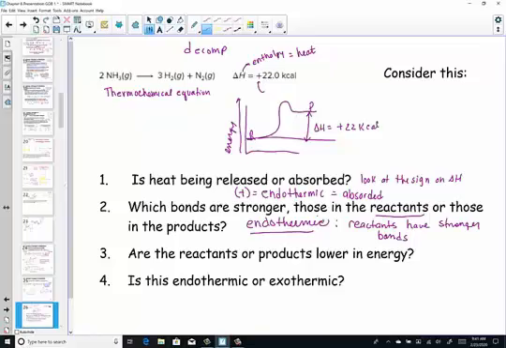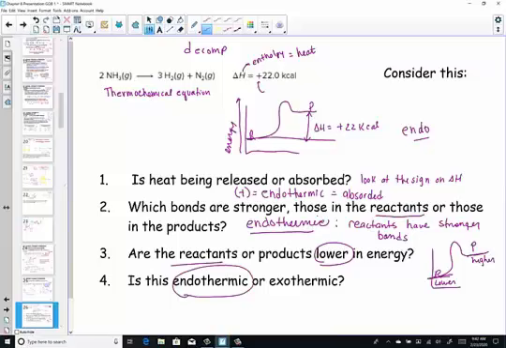So there's your visual of an endothermic reaction, absorbing energy. So clearly you see the reactants are of lower energy. In that graph, just to emphasize, reactants absorb to go to products. The reactants are here of lower energy. The products are up here, so therefore they're of higher energy. And this is an endothermic process. Heat is being absorbed.